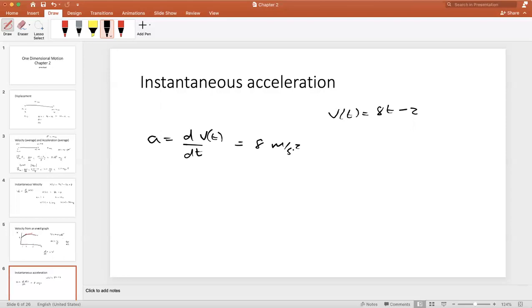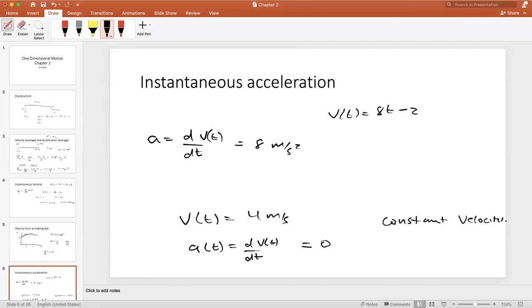The instantaneous acceleration at any time is the time derivative of the velocity function. In this case, it's a constant acceleration, okay? So if the velocity were constant, so if v of t were, let's say, 4 meters per second, doesn't depend on t, then a of t, which is dv/dt, would be 0. That tells us that if we have constant velocity,